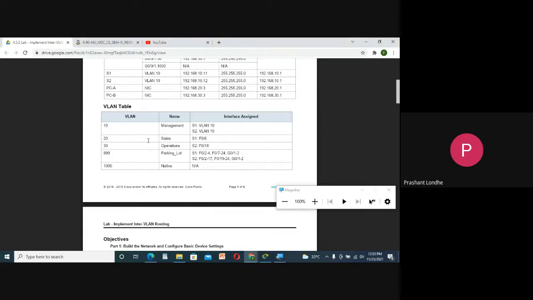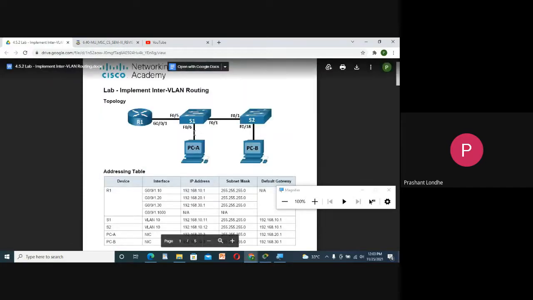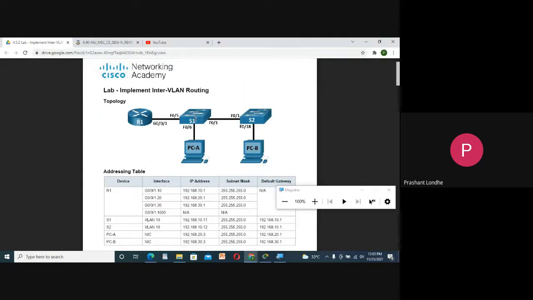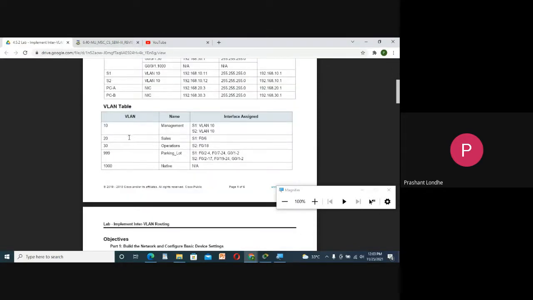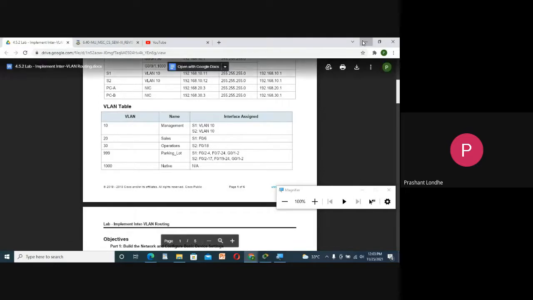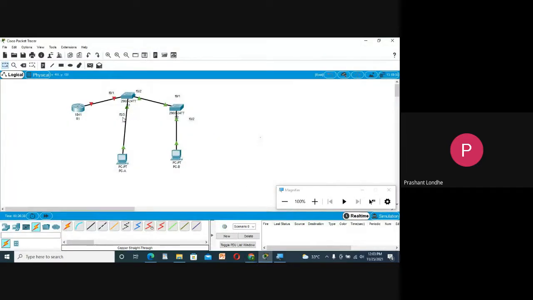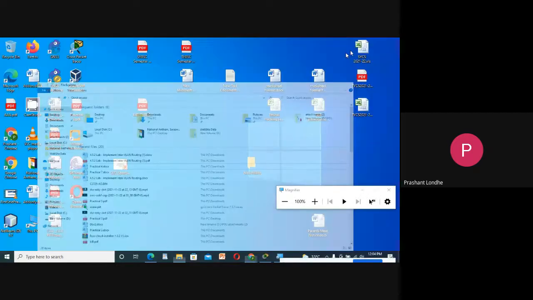Both meanings are the same if you consider it vice versa. Whatever line is going to the computer from the switch, we need to assign that interface to VLAN 20. So just check our diagram, from switch to machine, which interface is going over there? It is F0/3. So we need to assign VLAN 20 to F0/3. So let us start. Go to the switch S1 again.